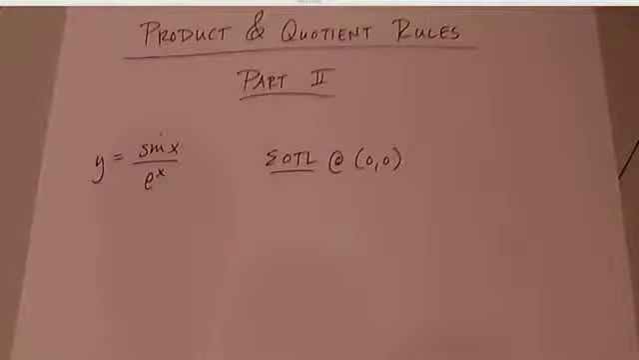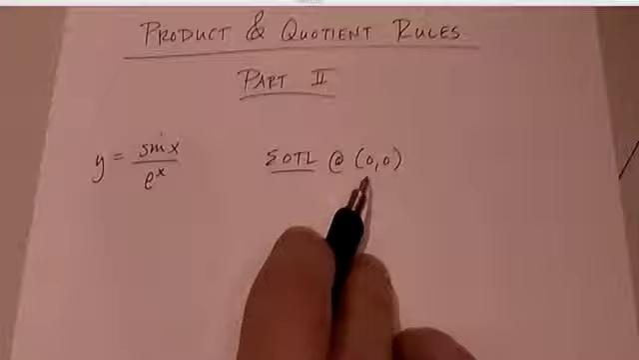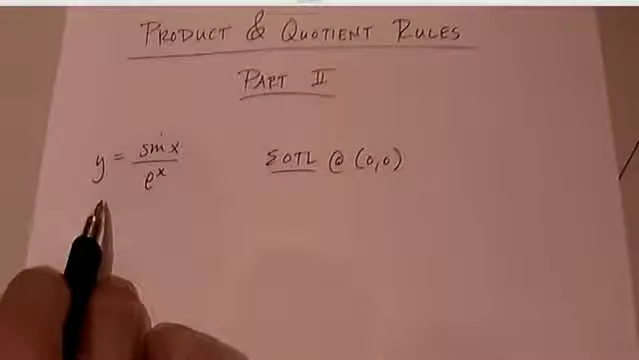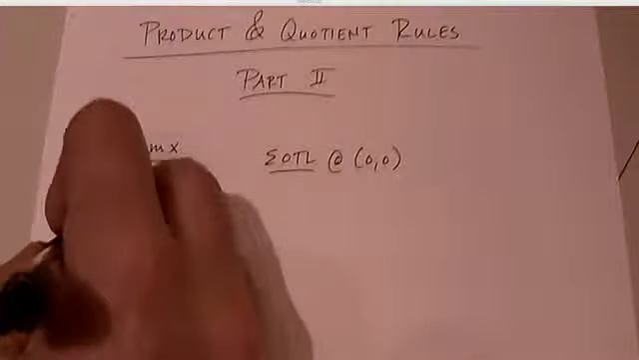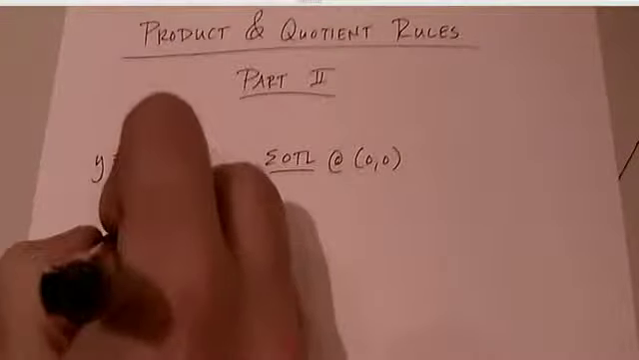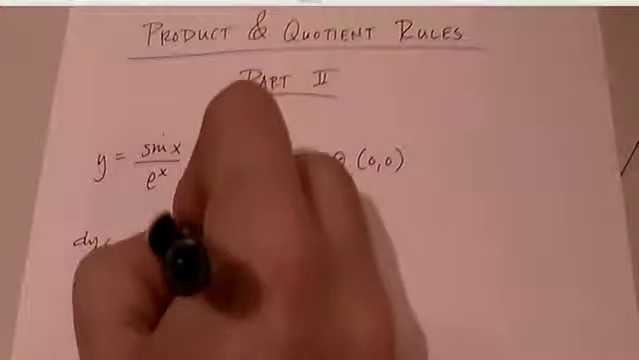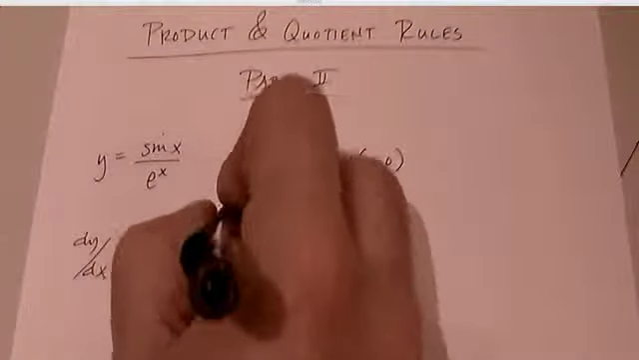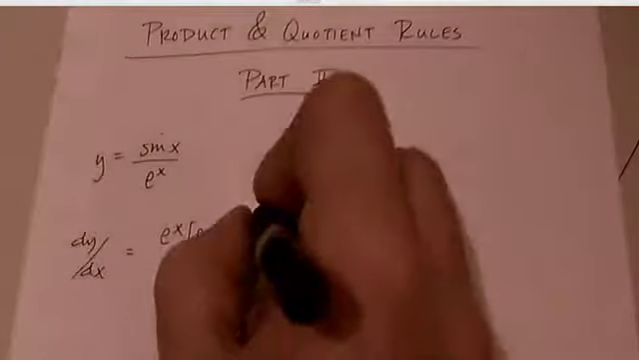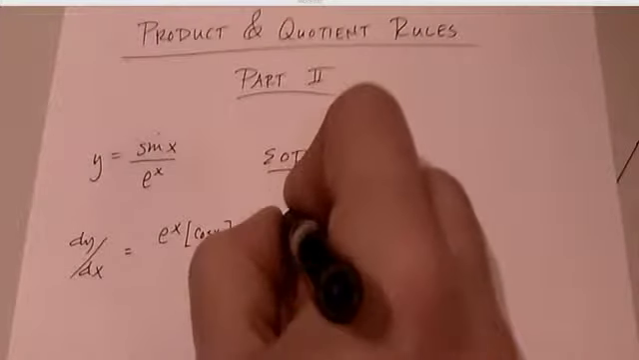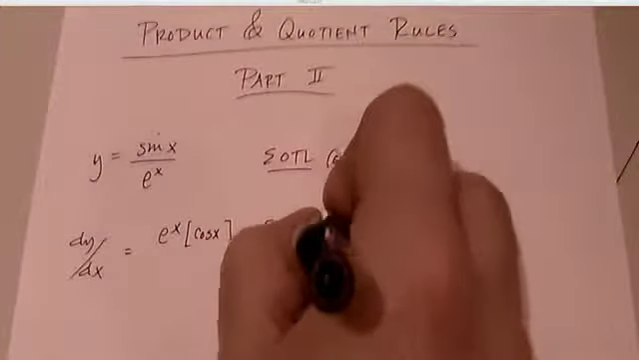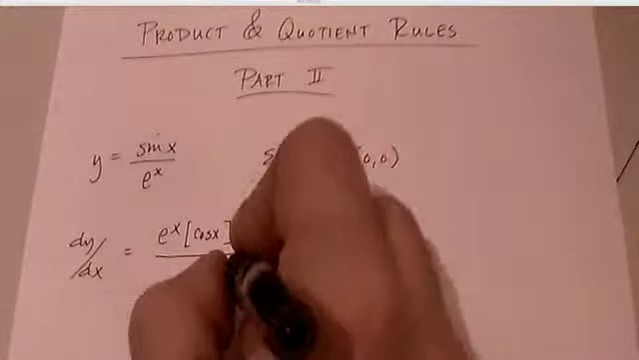Okay, so since we have the point, the only thing we lack for this tangent line is, of course, the slope. We need to find the slope for this function in general. So dy dx is equal to, well, let's do the bottom times the derivative of the top, minus the derivative of the bottom times the top, all of that over